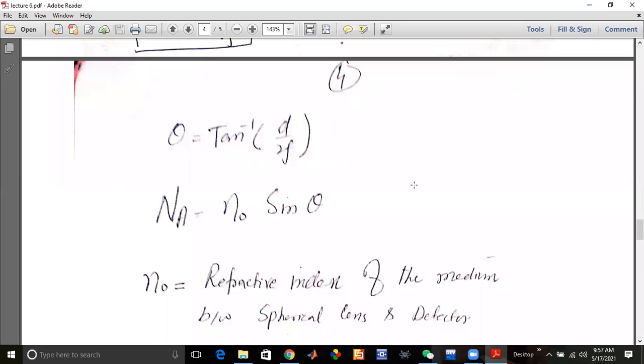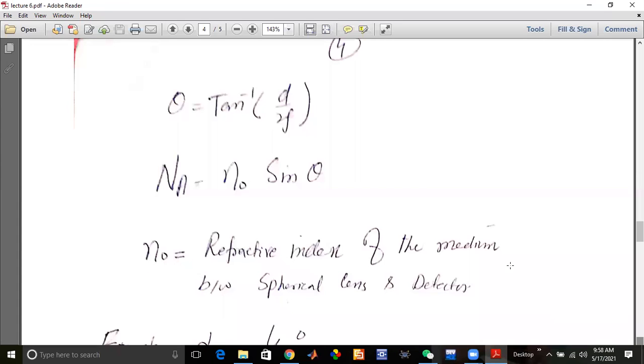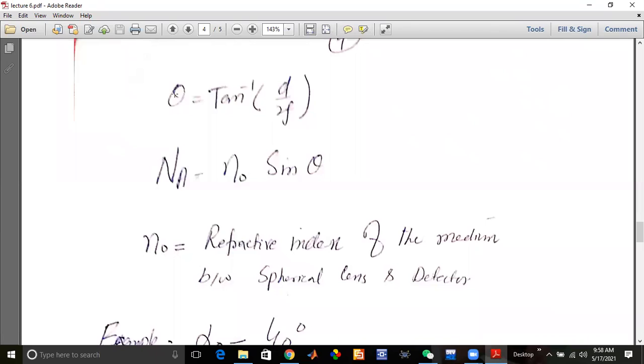But now we want to study the numerical aperture. As the numerical aperture depends on this theta, that is why we first define this theta. So the numerical aperture is equal to n naught sine theta, where n naught is the